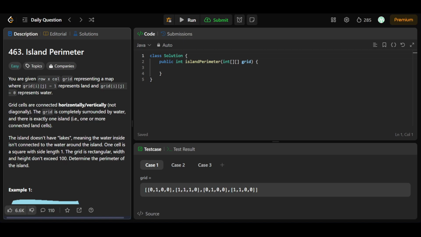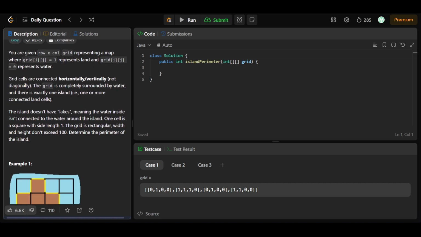People, today we'll be solving LeetCode daily question 463, that is Island Perimeter. In this we'll be given a row into column grid representing a map where grid[i][j] equal to 1 represents land, and otherwise it will be a 0. Basically it's a binary matrix where 0 represents water,